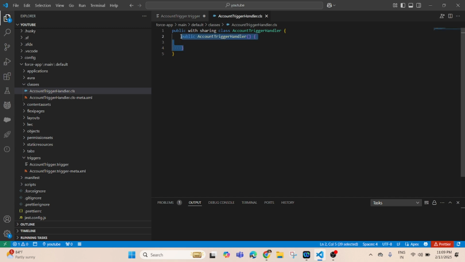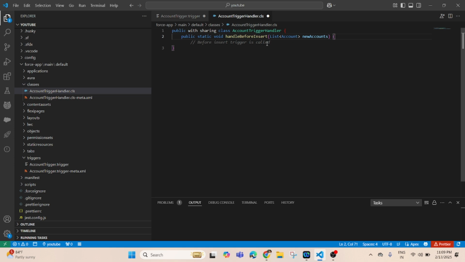I'll directly create a public static void method with your method name. Now it's automatically suggesting me new account list. You say okay, press the tab key, it will automatically